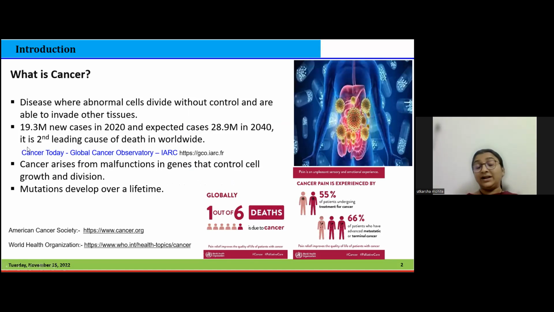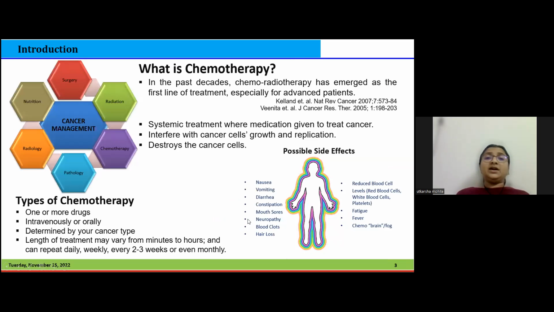By 2040, the cases are going to rise from approximately 19.3 million to 28 to 30 million, and that is the major issue declared by the Global Cancer Observatory. The mutations and development of these are lifetime. That's why globally it was found that one in six deaths is caused by cancer. The survey was done in such a way that when chemo is given to treat the cancer,